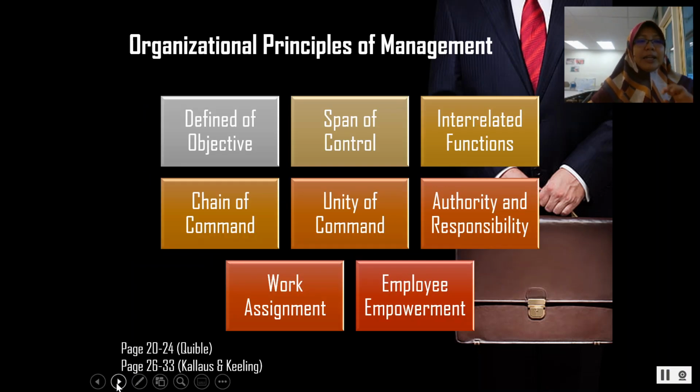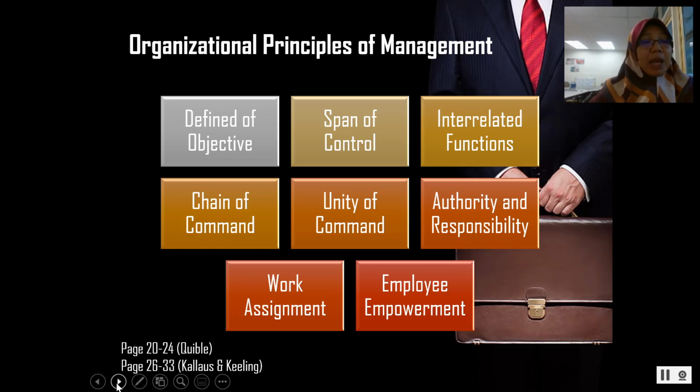Okay, so we have 8 organizational principles of management. Again, this one is referring to the book Quibble on page 20 to 24, and as well we refer to Collars and Keeling page 26 and 33. So what are the 8 organizational principles of management? The first one is the definition of objective. The second one is span of control. The third one is